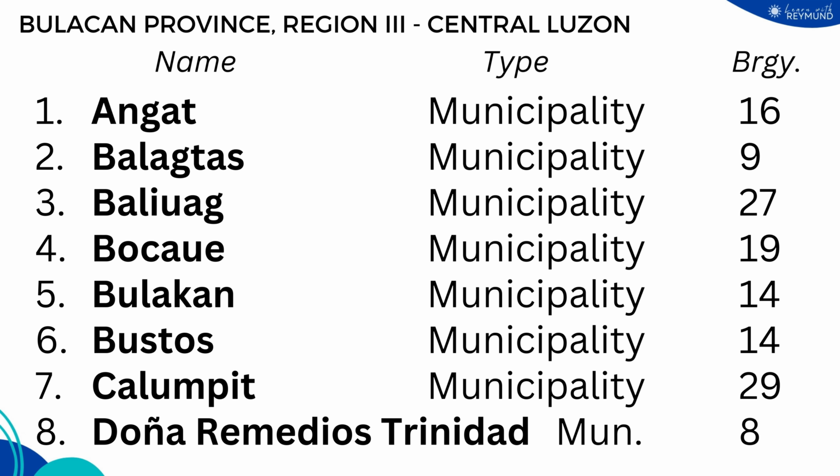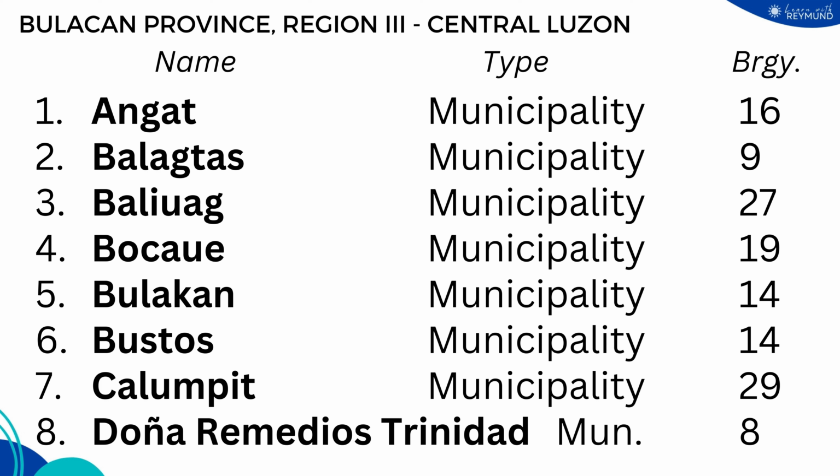Here are the different cities and municipalities comprising the province of Bulacan in Region 3 or Central Luzon region. The municipality of Angat with 16 barangays, the municipality of Balagtas with 9 barangays, municipality of Baliwag with 27 barangays, municipality of Bocaue with 19 barangays, municipality of Bulacan with 14 barangays, municipality of Bustos with 14 barangays, municipality of